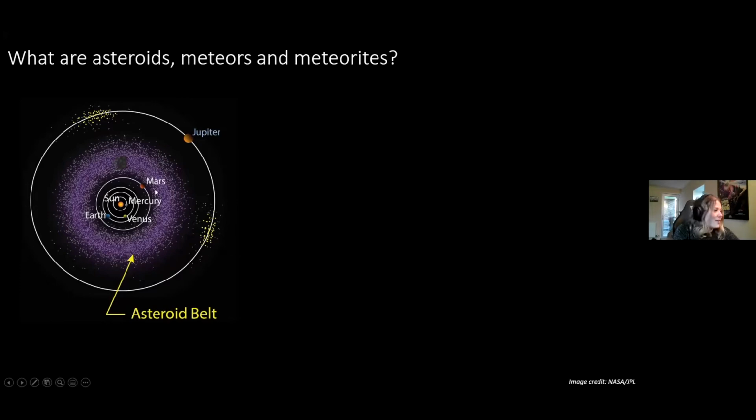I've got a little animation you can see. The main thing you need to remember about asteroids is they orbit the sun. So these are things that are in orbit, like Earth, in our solar system around the sun. At the beginning of the solar system, this asteroid belt was really quite chaotic, and lots of bits would knock into each other. Dust would be thrown off asteroids, and chunks would be knocked off as well.